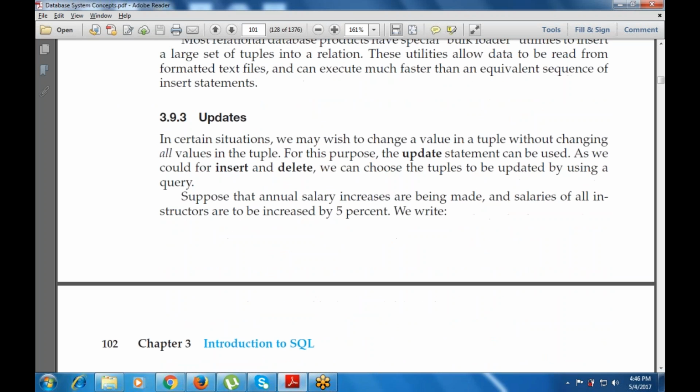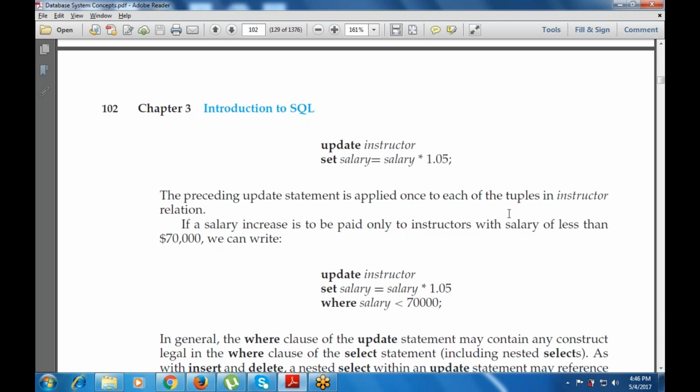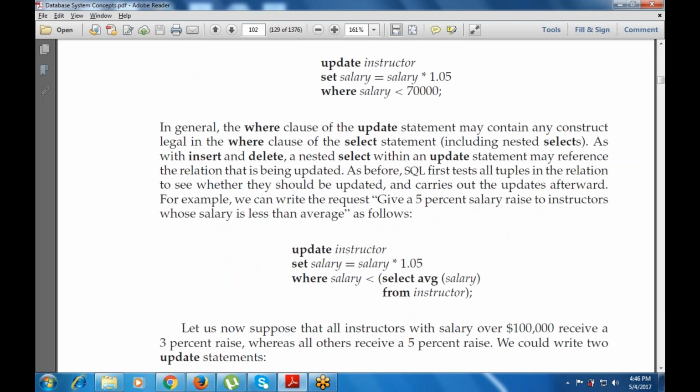Then updates. We can use insert, we can use delete, we can also use update. For example, if I want to increase the salary by 5% because there is an increment every year, the salary will be increased by using update table name set salary equals salary multiplied by 1.05. The update may contain constructs legally in the where clause, that is insert, delete, and a nested subquery within an update statement that may reference the relation that is being updated. This is update instructor set salary equals salary multiplied by 1.05 where salary is less than select average salary